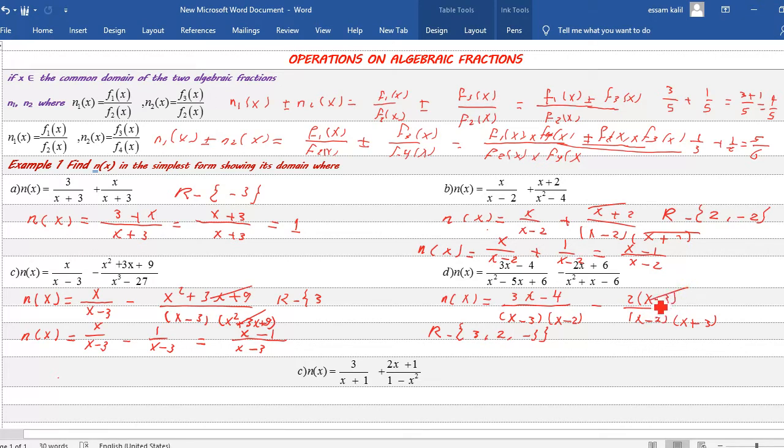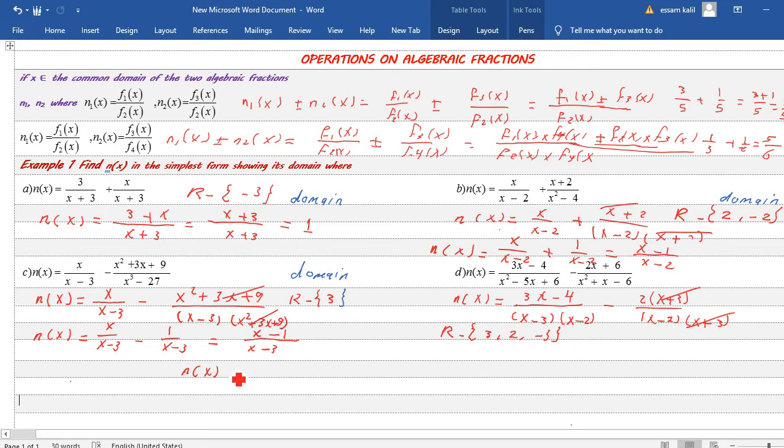So cancel x plus 3 with x plus 3. n of x equal 3x minus 4 over x minus 3 and x minus 2, minus 2 over x minus 2, equal